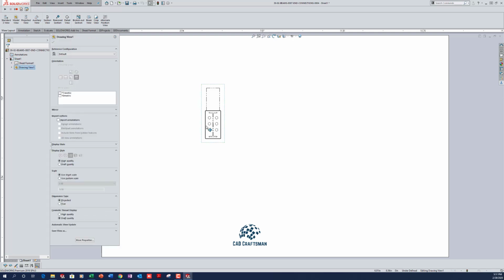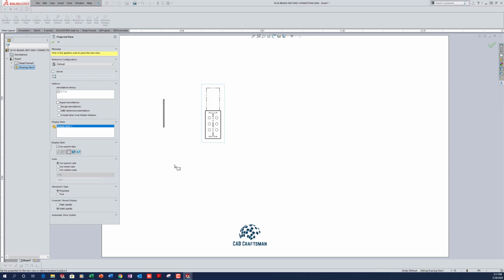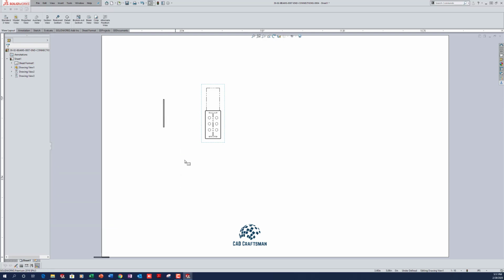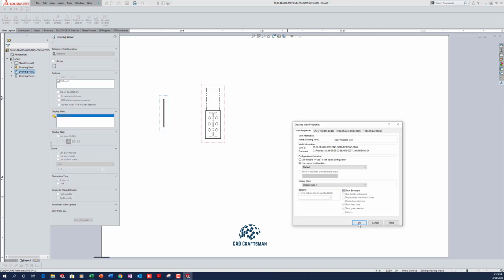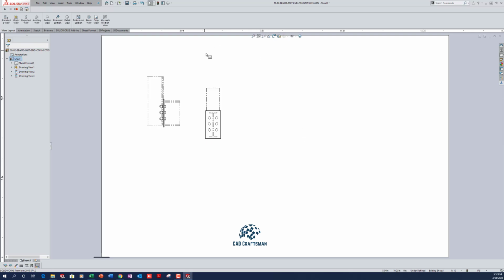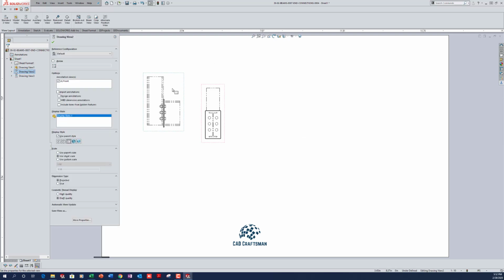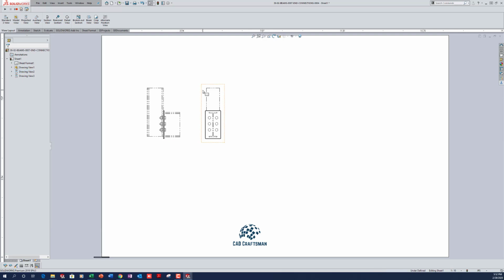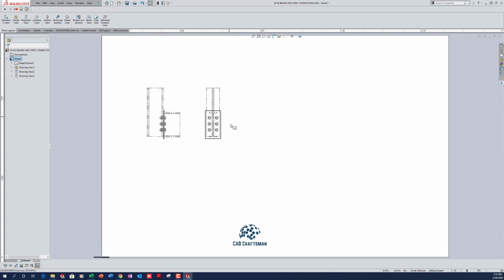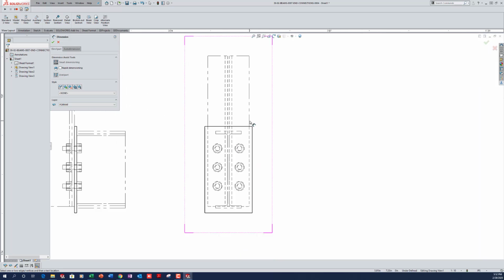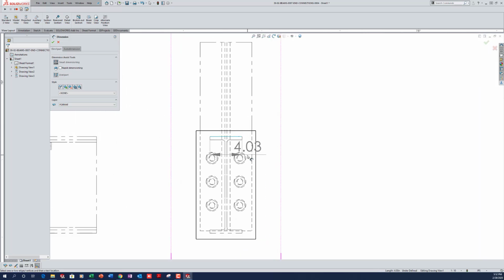And I'll do a projected view here, and likewise show the envelopes. Now sometimes it does this, that you have to realign the origins. So we'll take this one, make it hidden lines, so that we can do some dimensioning. From here to here